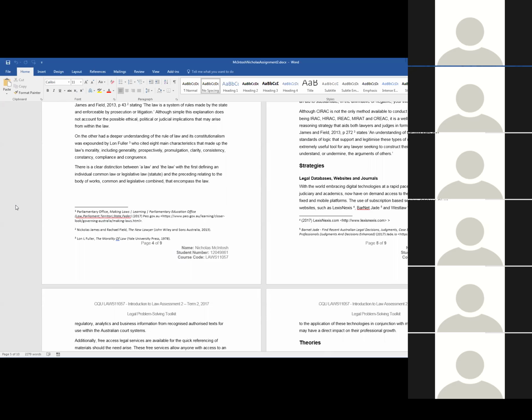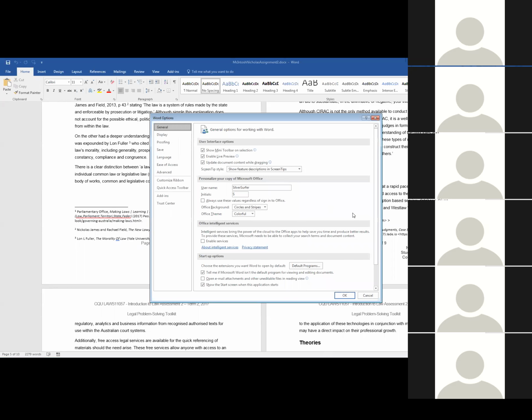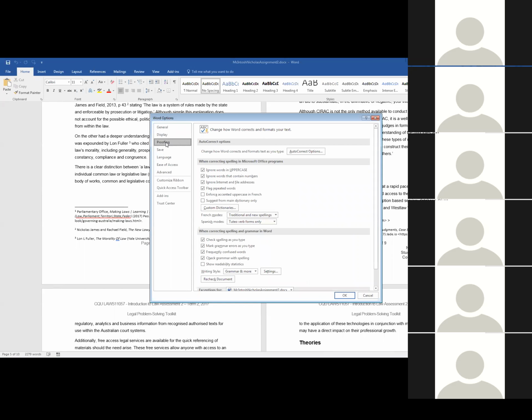And if anyone knows where I'm going with this, feel free to just say, I know what you're doing, John. Now, Nicholas, do me a favour and go to Proofing, third one down on the left-hand side. Click on that. Now, we're in Proofing. I'm going to ask you to recheck the document, but before you do, just go down to Writing Style.